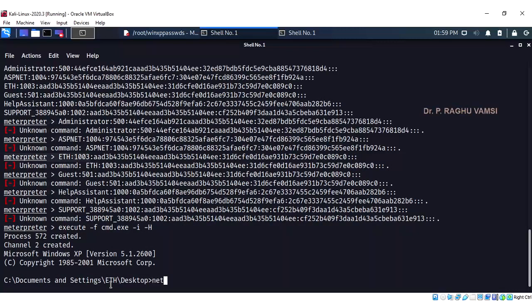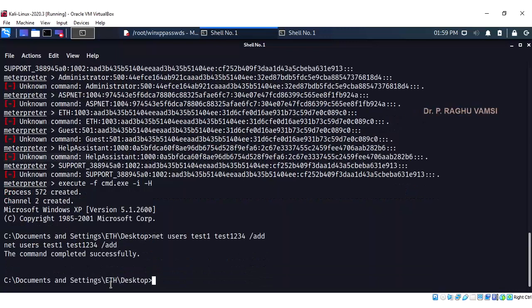Now net user test1, and test1234 is the password, add. So now the user is added successfully.